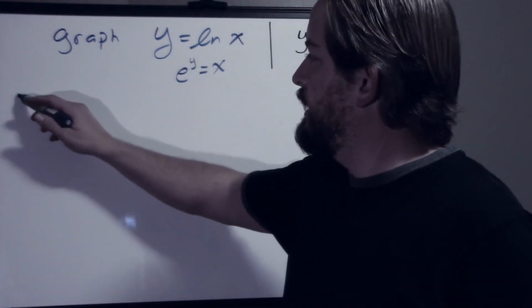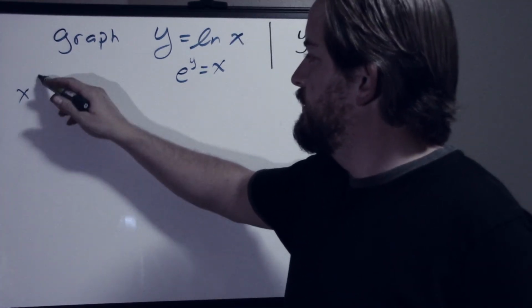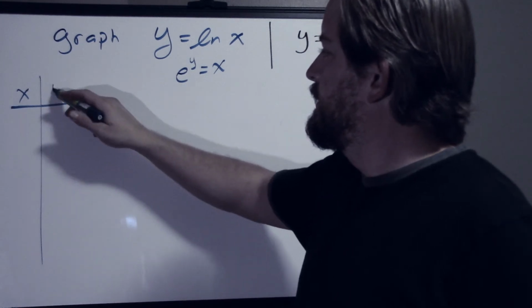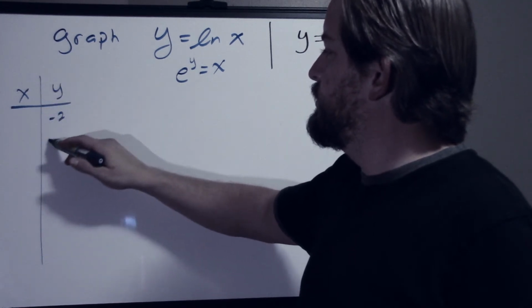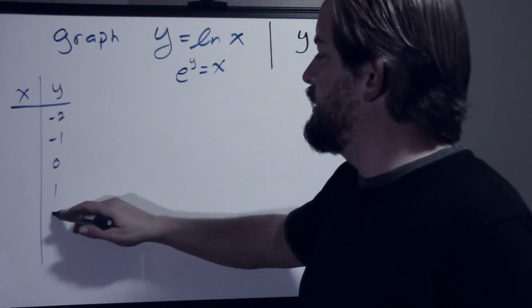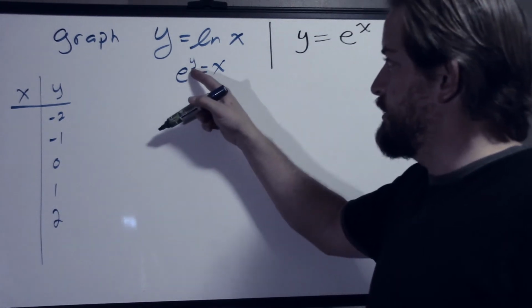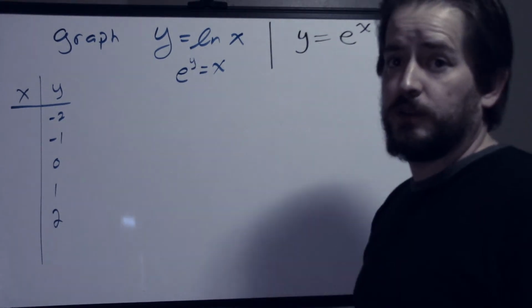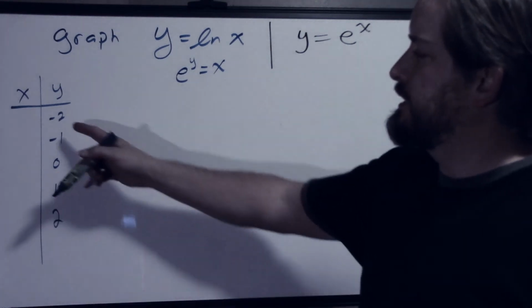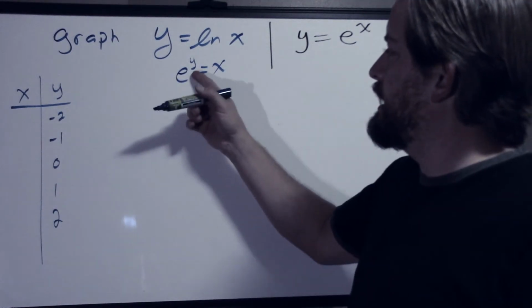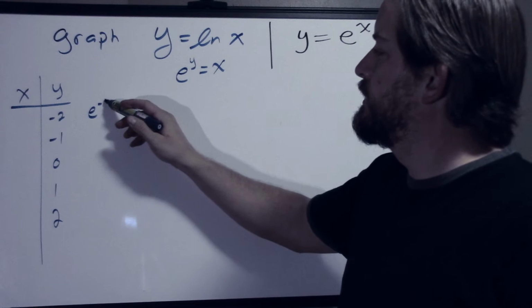So if I do that, I'm going to figure out a couple of values like -2, -1, 0, 1, and 2, plugging those into for y and then figure out the x values, right? So that is to say, if y is -2, I'm taking e to the -2, and